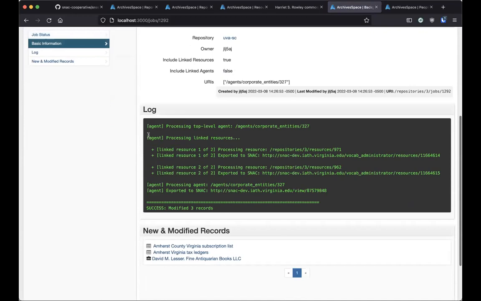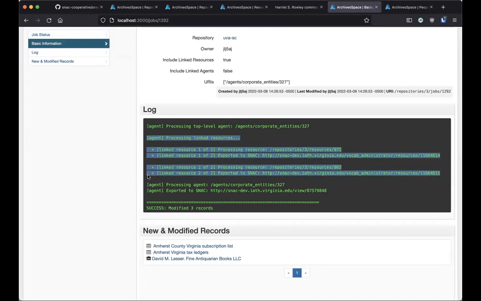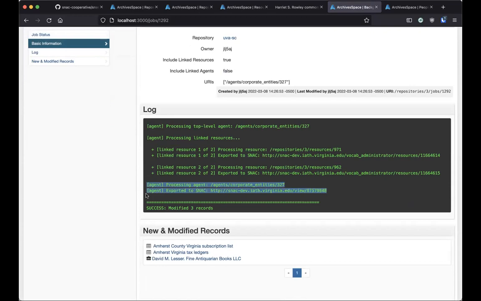We can come down here and see that first thing we do is we create the resources in SNAC, and at the end, we create the agent, create the identity in SNAC, so that we can link the existing resources to that identity. Now I can go back to